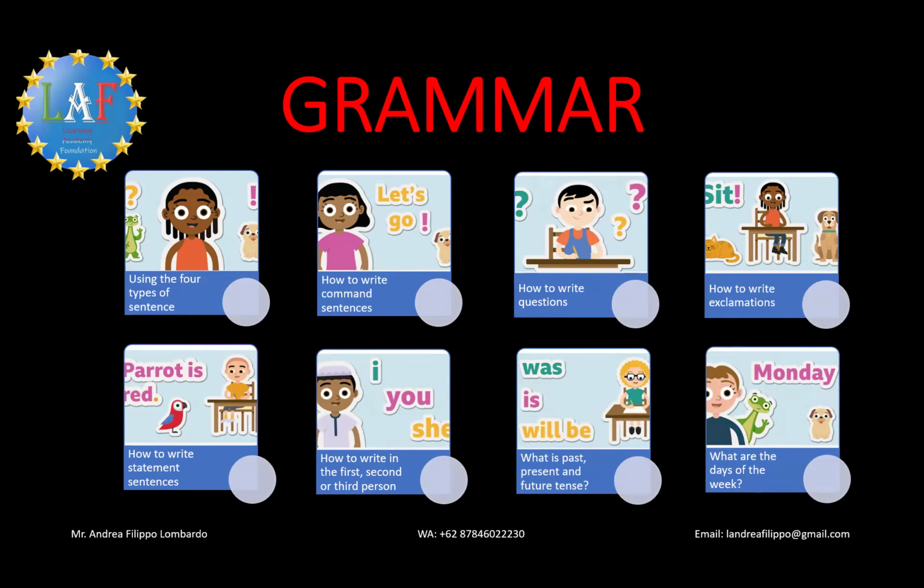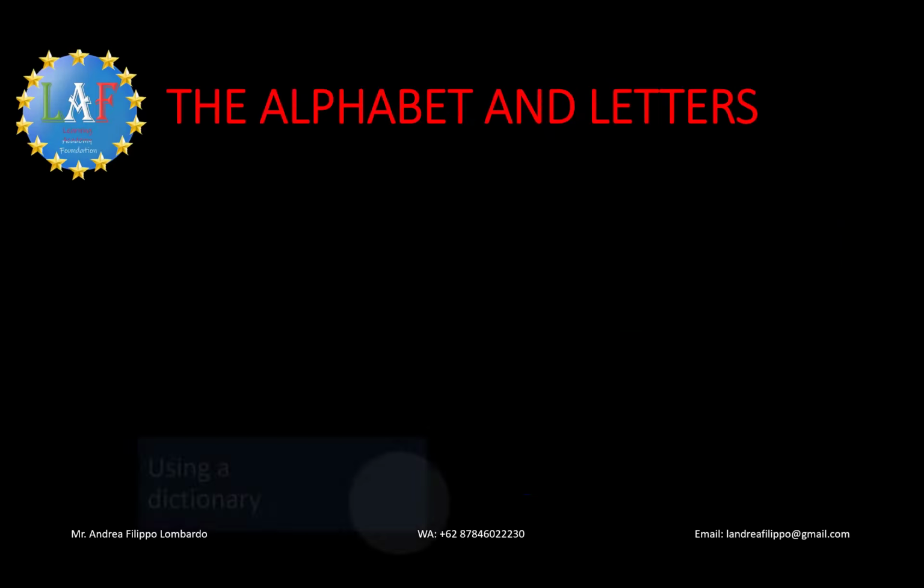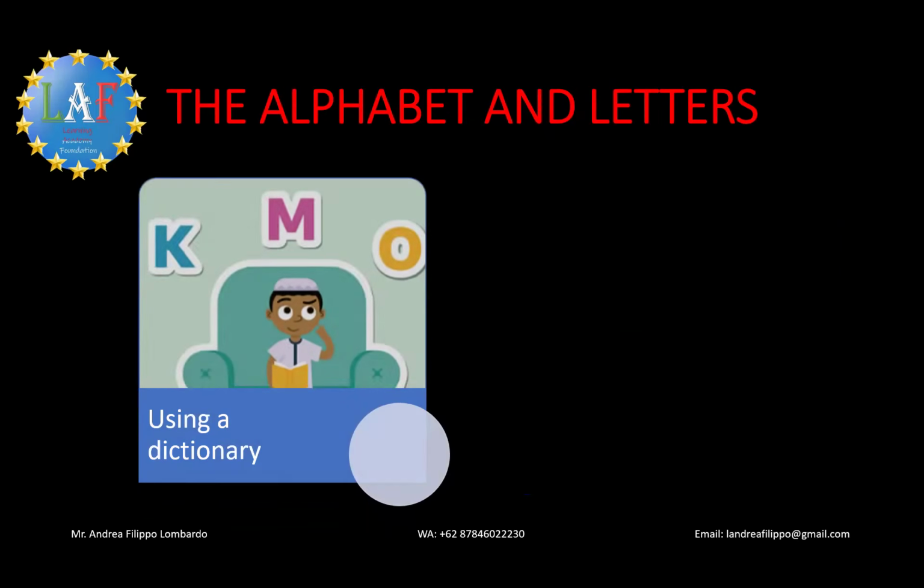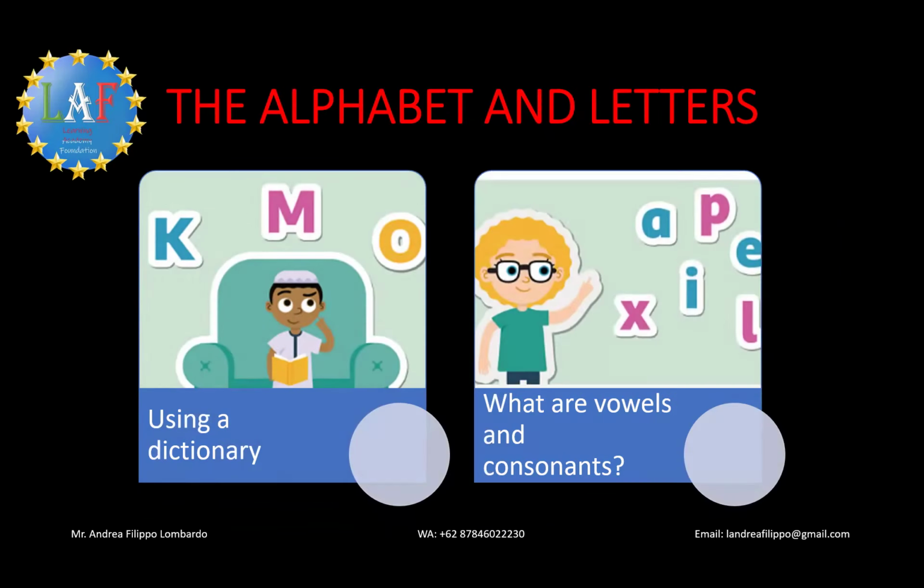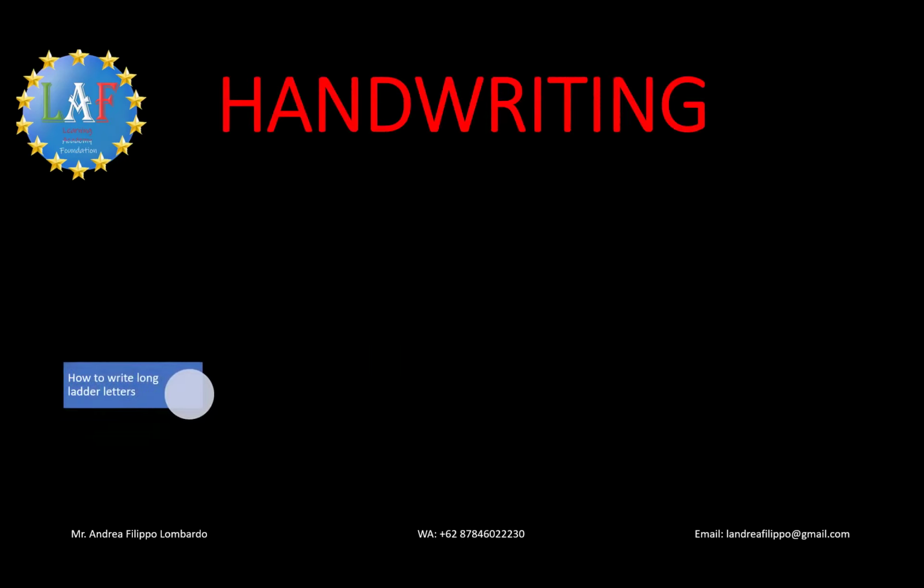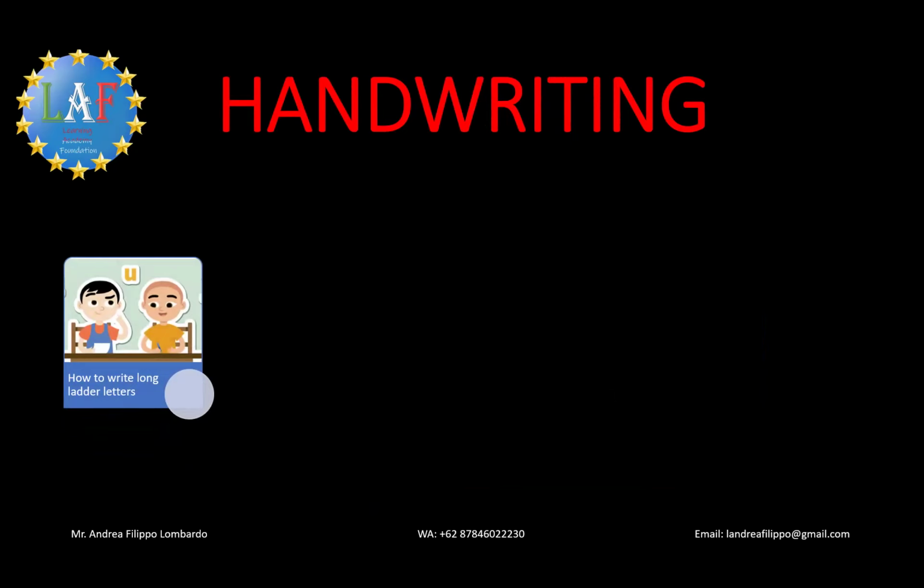The next section after grammar will be the alphabet and letters. In this section, the students will learn what a dictionary is and how to find words alphabetically, and they will find out how to spot the 5 vowels in an alphabet full of consonants. After the alphabet and letters, the next section is about handwriting, where the students will learn how to write the